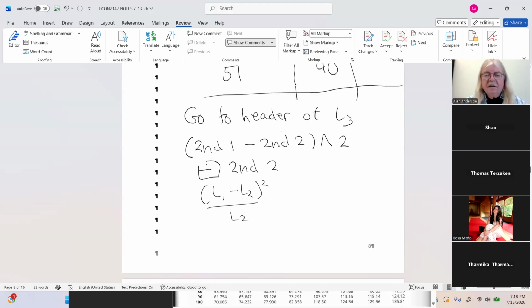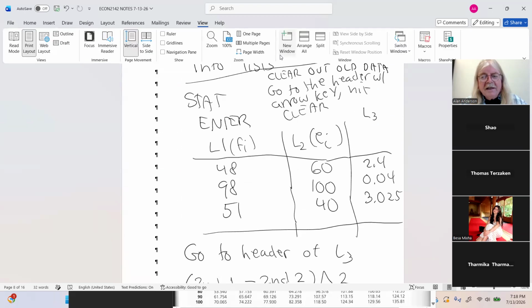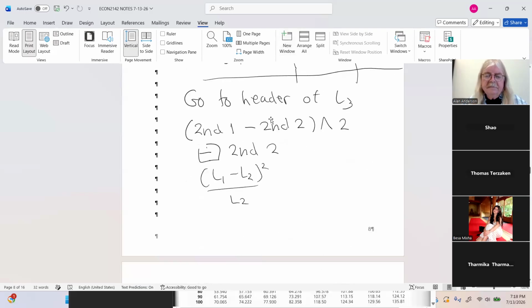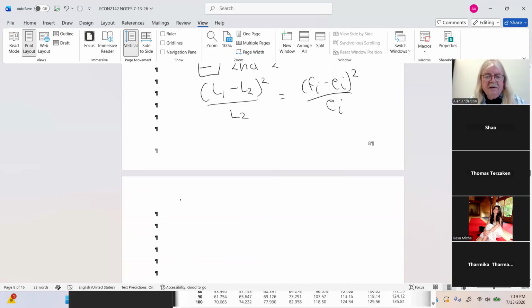The three values that show up are 2.4, 0.04, and 3.025, which we figured out already. And now you can either add them up manually or else, if there's a lot of data there, you can ask the calculator to do that for you in the following way. Let me just put this in here to remind you what we just did. So to add up column L3,